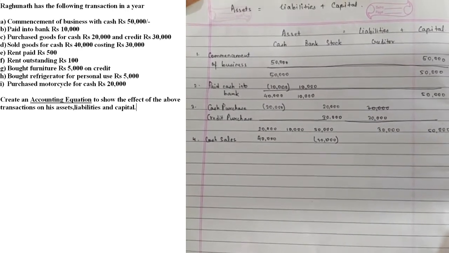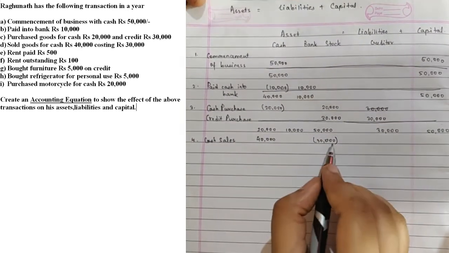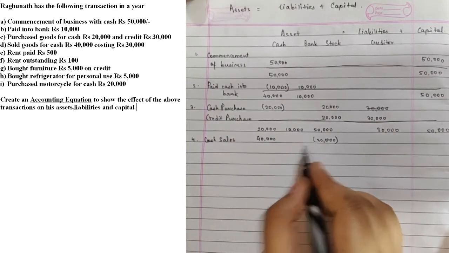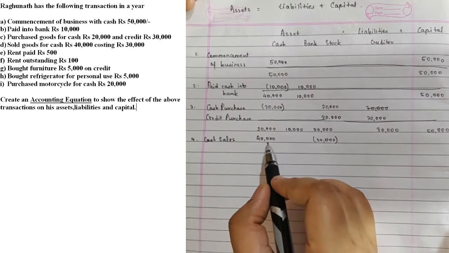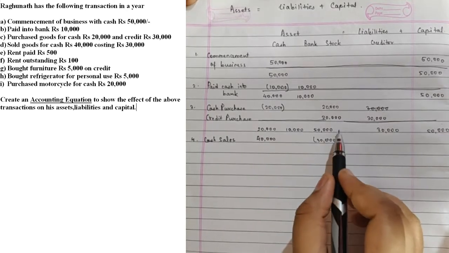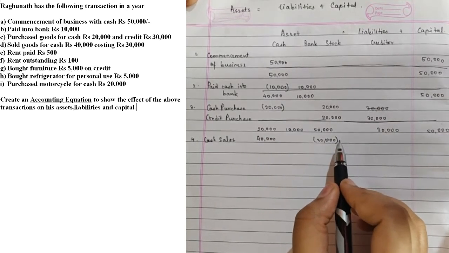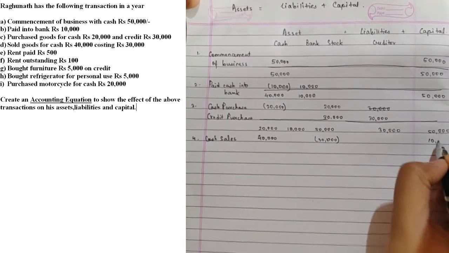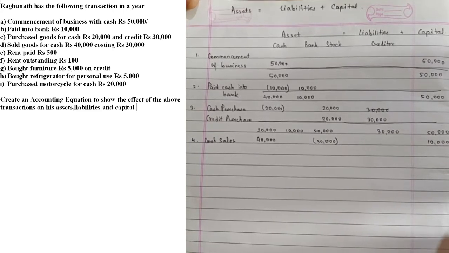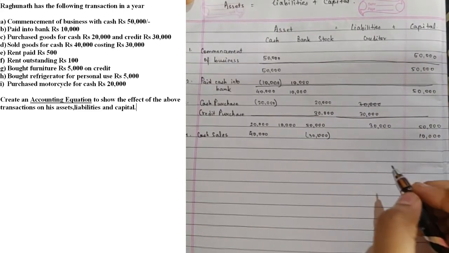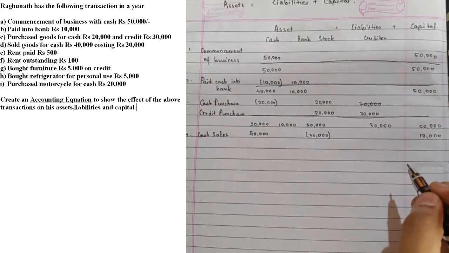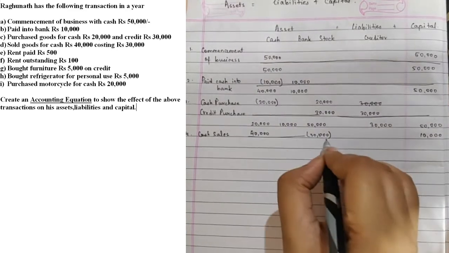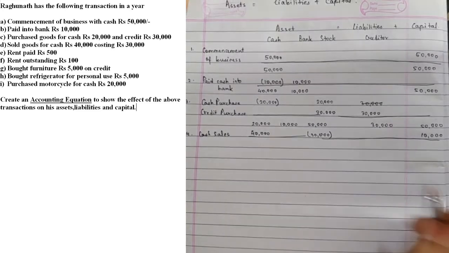We got cash worth 40,000 rupees. So we see there is a difference at this stage. Whereas the asset has increased by 40,000, stock has reduced by 30,000, the remaining 10,000 is my profit. We are going to add this profit to the capital account because this profit belongs to the owner of the business. So after this transaction, my balances are